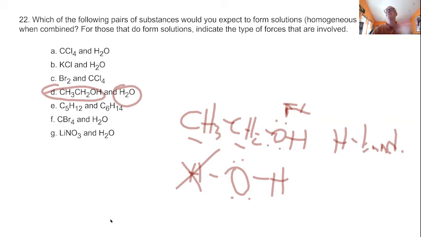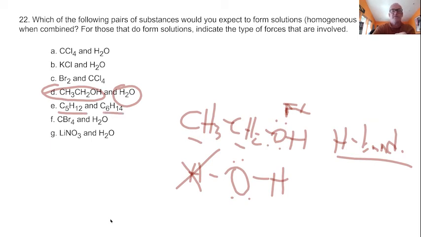So can water. That's why methanol and water, we say they're miscible. They mix together. They form a solution. You know, beer is a solution of ethanol and water. And they don't separate because they each can hydrogen bond. So if we look here,